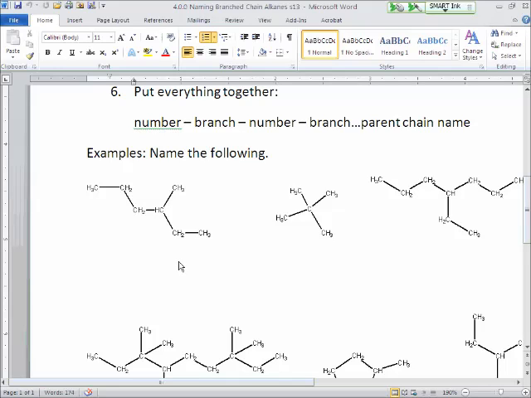So this is obviously a hexane, and I like to write that down already, hexane. That's my end part of the name. We start by numbering at the closest end, 1, 2, 3, 4. So this is 1, 2, 3, 4, 5, 6. And here's our group right there. This is a methyl group, all right? It's at the number 3 position. So this becomes